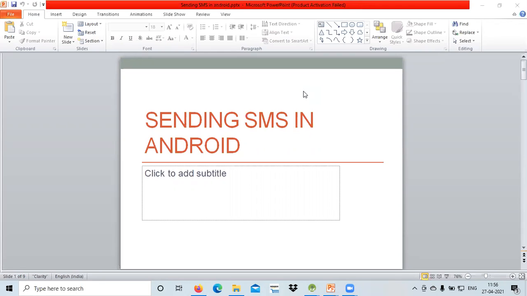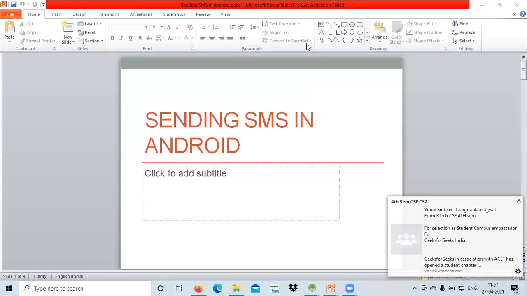Fine. So we will start with this one: how we can send SMS in Android. Many times we are passing messages on this Android mobile phone. So the first thing is how we can send those messages on the Android platform. Basically in Android we can use the SMS manager API, or we can use the device built-in SMS application to send an SMS.